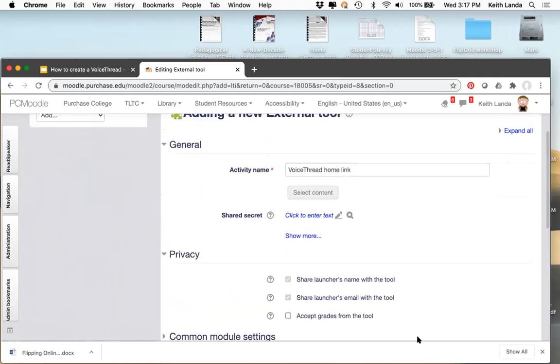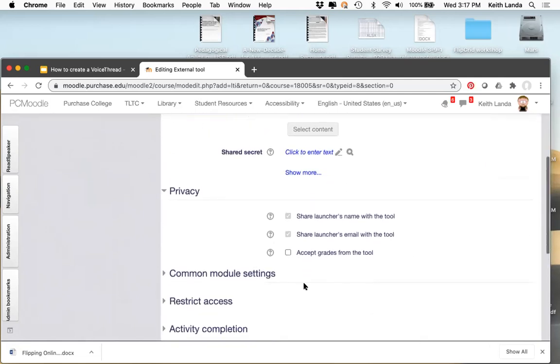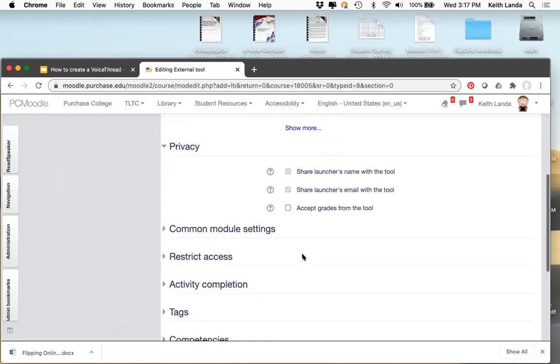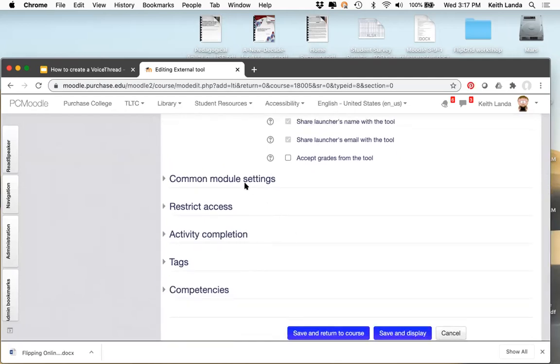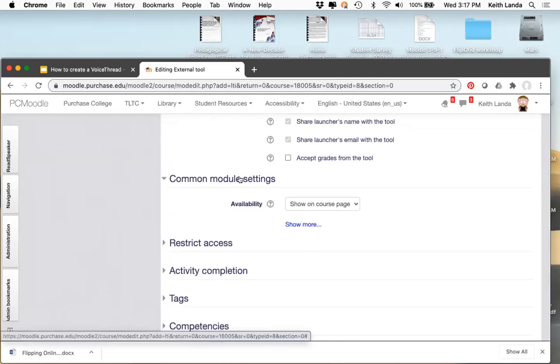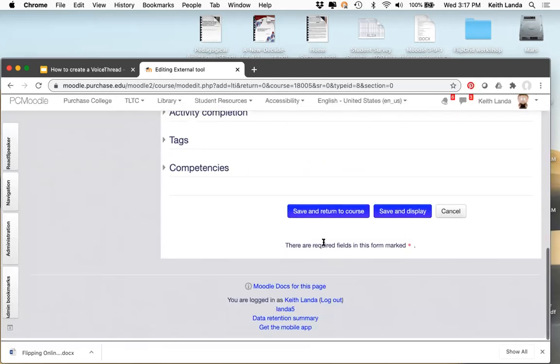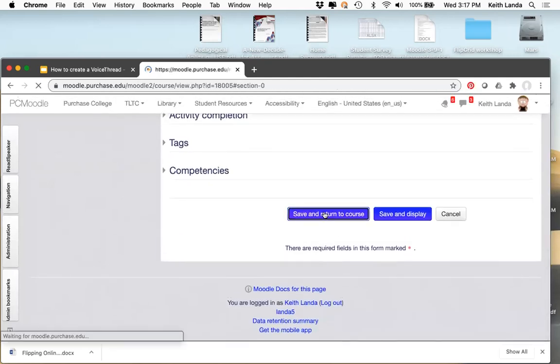So it's got a name. I've unselected accept grades from tools. If I want this to be just a convenience for me to get to my VoiceThread account, because I'm going to be creating VoiceThreads and sharing them with my students, but I really am not planning to have my students create VoiceThreads, you can hide it or you can show it. So if I click Save and Return to Course,